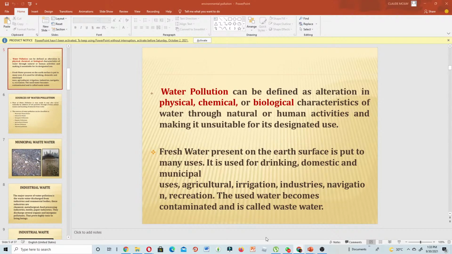So they are saying that water pollution can be defined as the alteration in the physical, chemical, or biological characteristics of water through natural or human activities, making it unsuitable for its designated use. And of course, naturally, we would use water to drink, we would use water to bathe. So they are saying that once human activities change the natural water from its natural state,